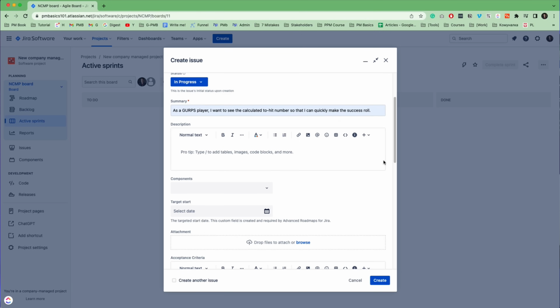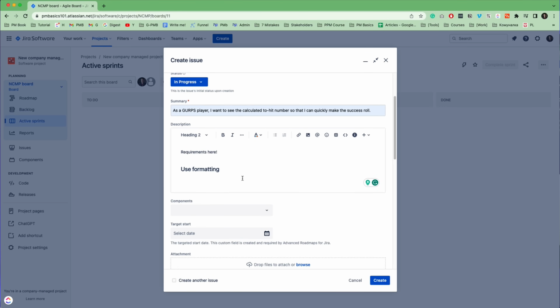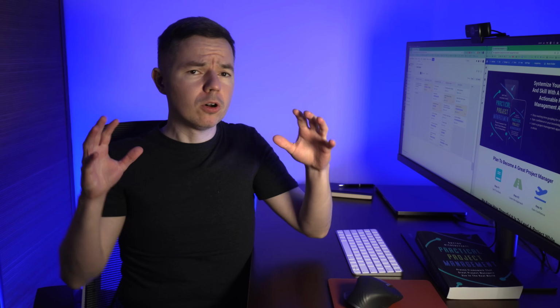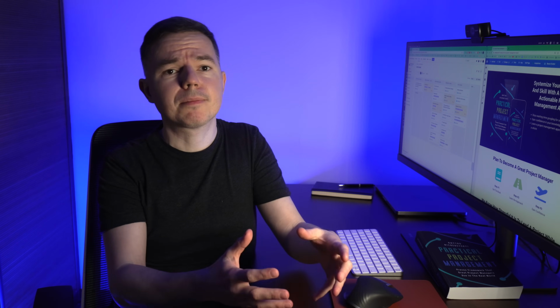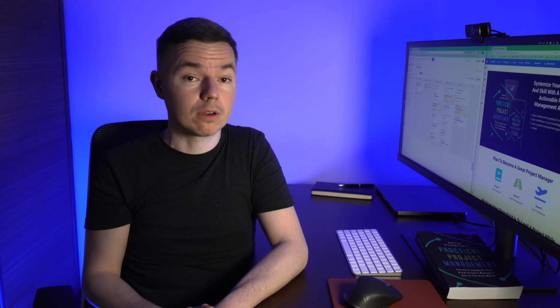In the description field, you describe what this issue is all about. For example, you can explain what work needs to be done, what are the acceptance criteria, well, everything that a team member might need. It's a rich text editor, so you can add formatting to the text. You can add inline images, tables, links, emojis and code snippets. So most often you put your requirements here and you can use whatever format works in your organization.